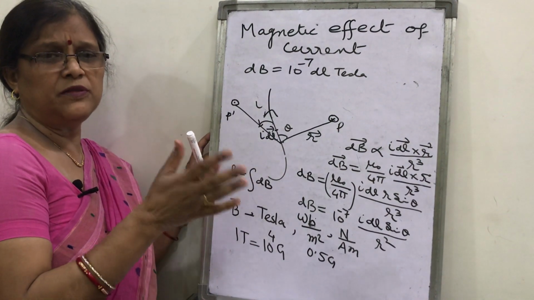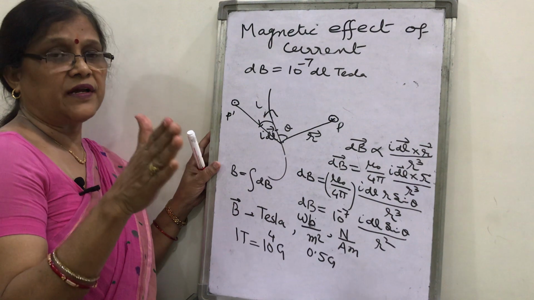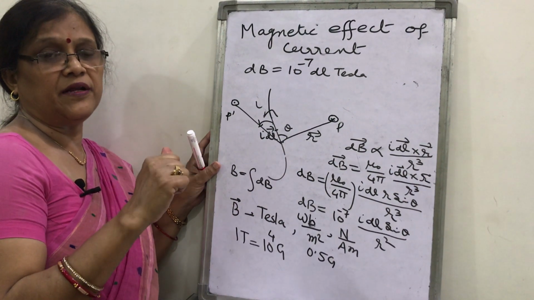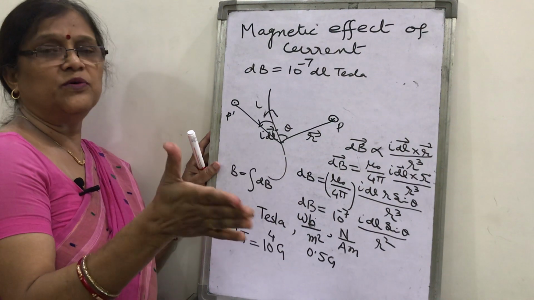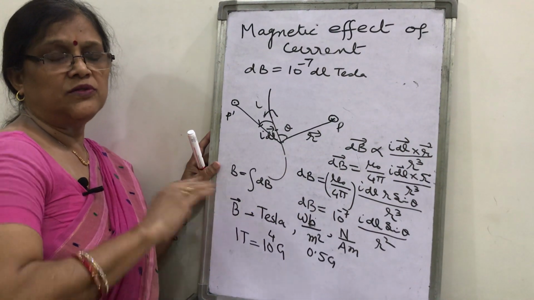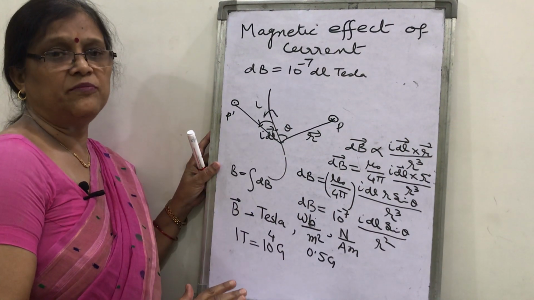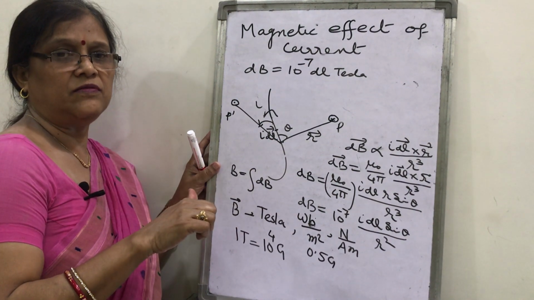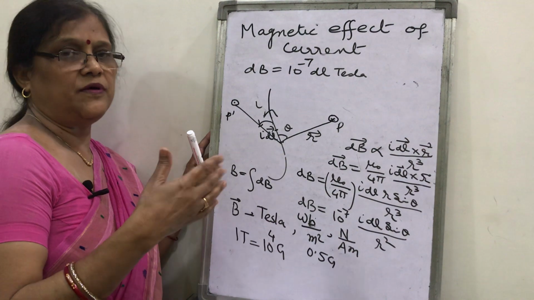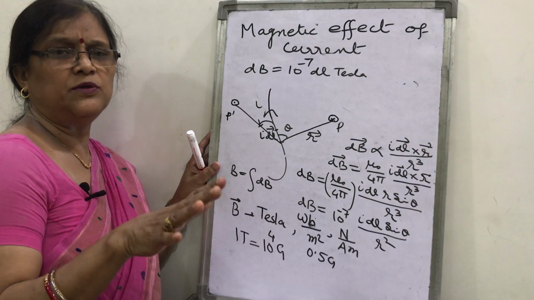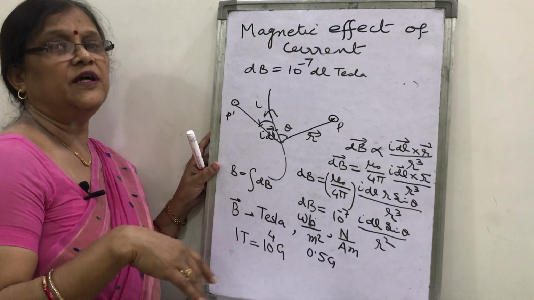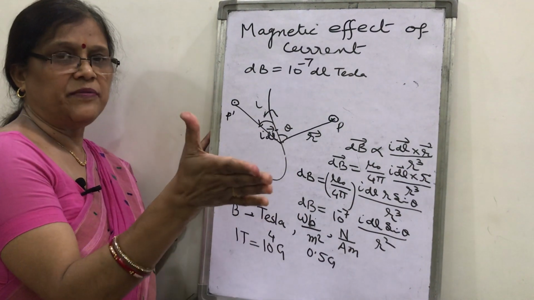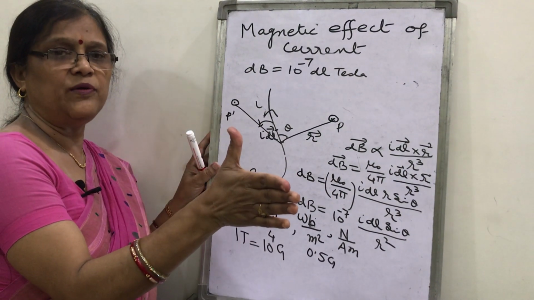There are so many rules, but they are for the right hand. The right hand is to be used to determine the magnetic field. One more rule is the right hand palm rule. Various rules are written in the books, but you have to consider one and exactly one. Whatever the number of rules, you have to consider the one you are able to apply accurately. I am telling the third one, this is the right hand palm rule.